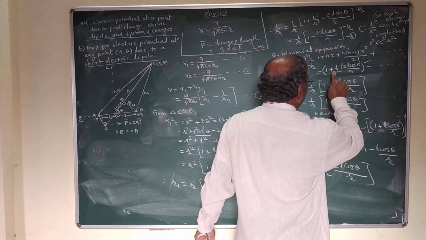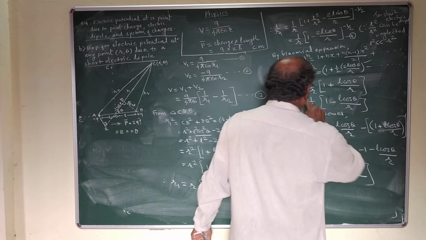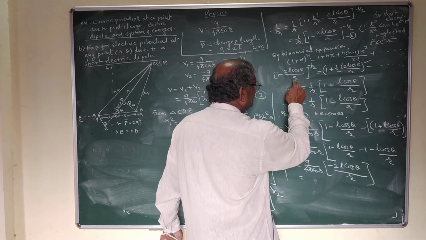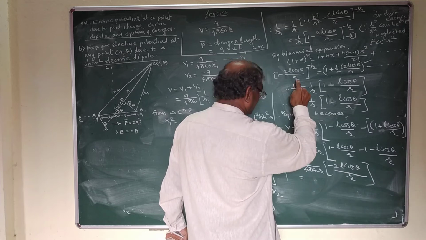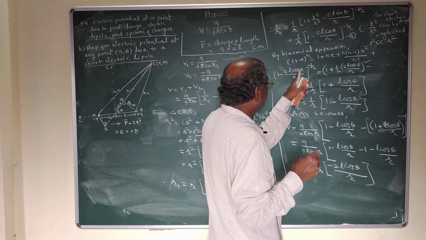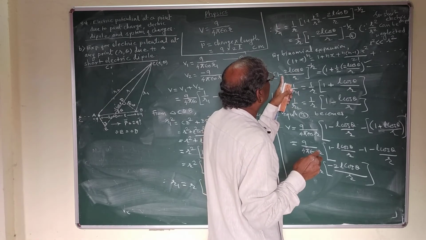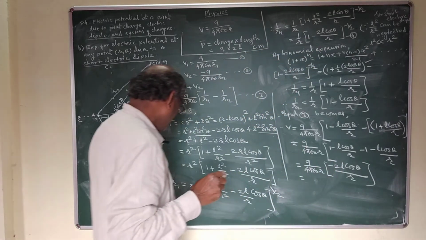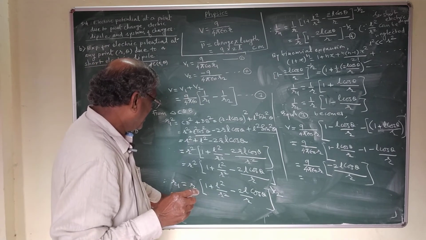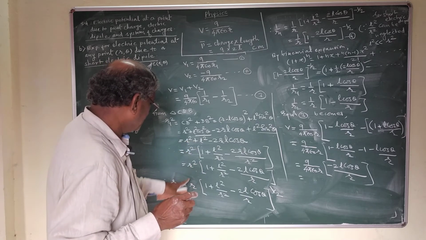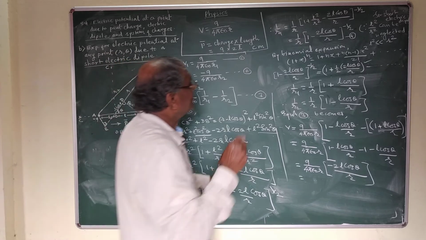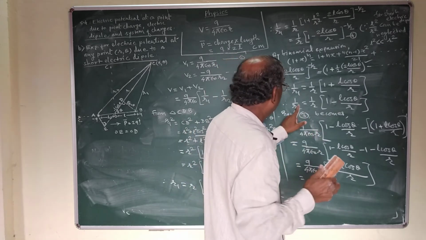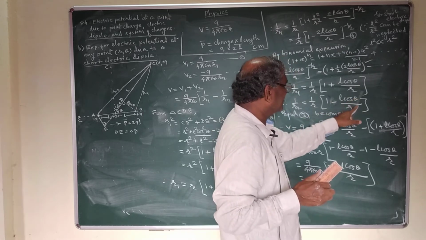Therefore here we get 1 plus half of 2L cos theta upon R, this is the value, and in case of R2 this is minus 1 plus 2L cos theta upon R. Similarly, here plus will come, in R2 plus will come, so we have to expand the plus. 1 upon R1 is equal to this and 1 upon R2 is equal to similarly 1 upon R, 1 minus L cos theta upon R.